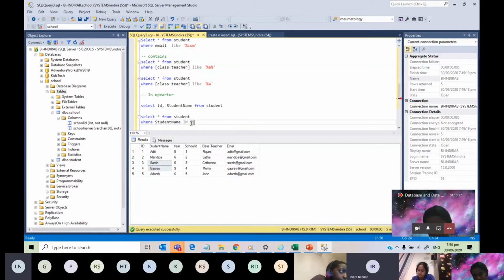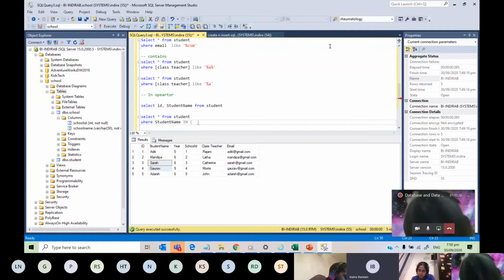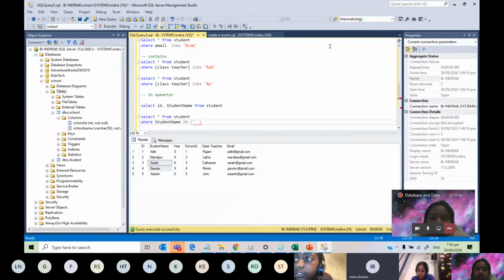First I'm opening and closing the brackets, and inside the brackets I'll specify the values. Because this is a varchar, a string, we have to include the values in quotations inside the brackets. So I am saying Sarah, closing the quotations, and because I want two, Sarah and Gaurav, I am separating them with a comma.